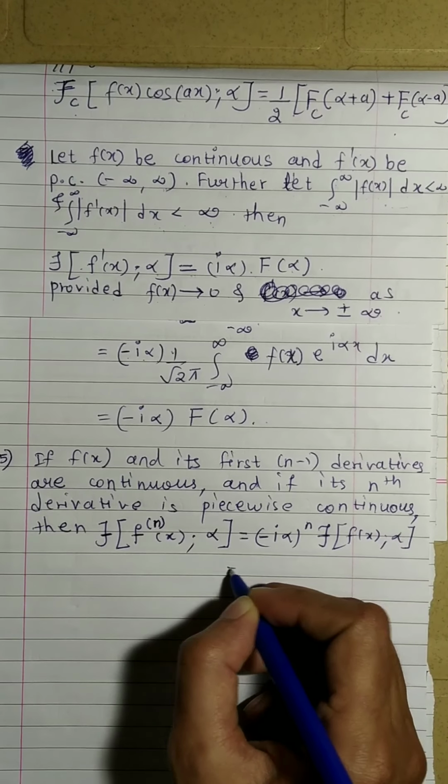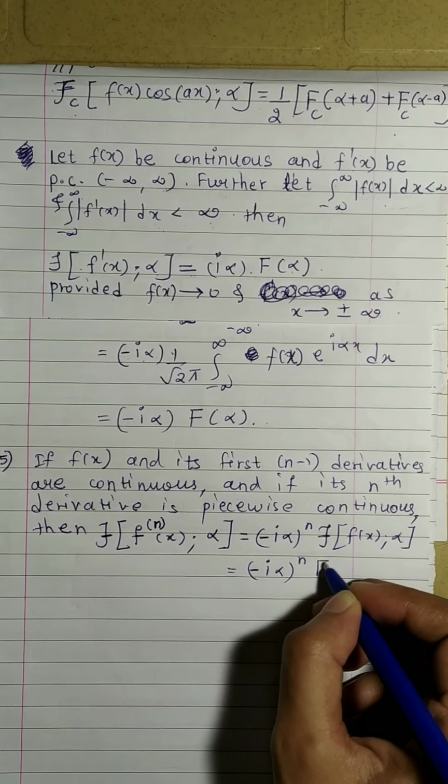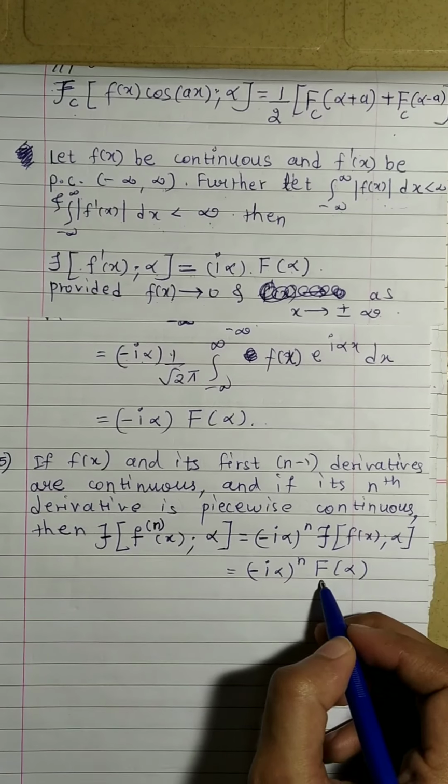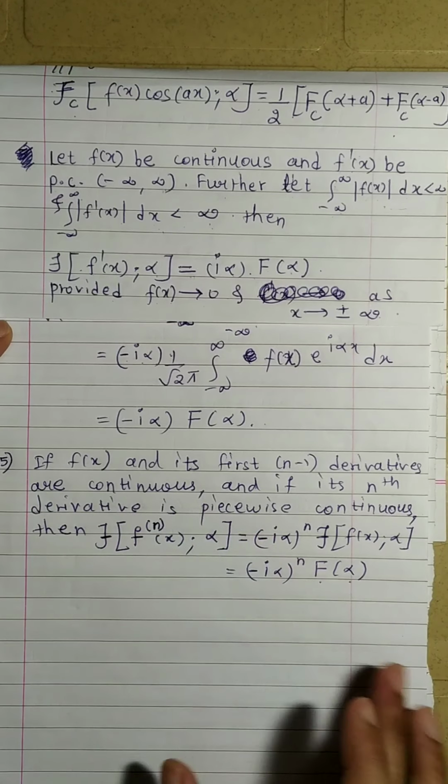In other words, i alpha raised to n times F(alpha), where F(alpha) is the Fourier transform of the function f(x),